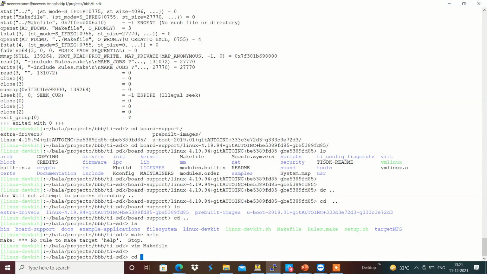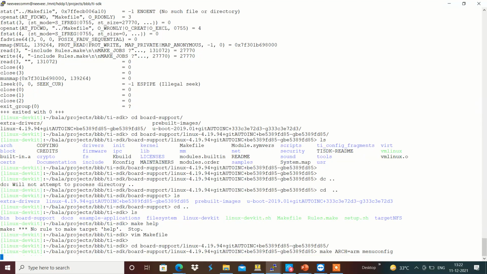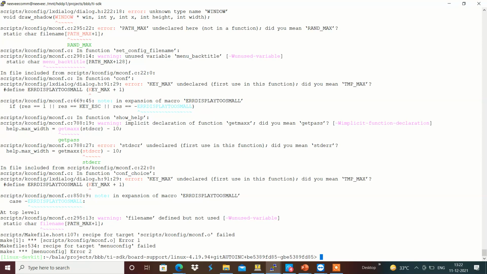If we have a board support Linux, we can use make menuconfig in the Linux kernel source, and we can have the menu configurations.